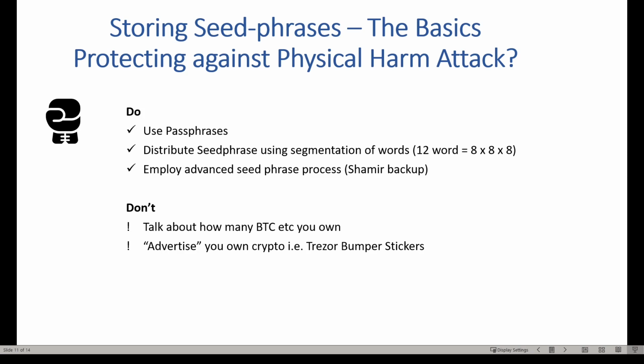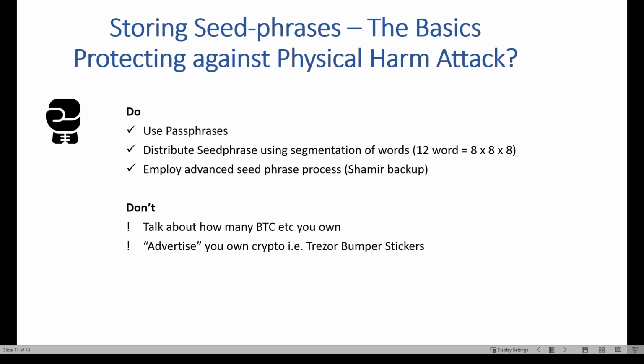So how can we protect our seed phrases from things like that? If someone's going to come up and physically harm you and force you to give up your seed phrase, so they force you to go to your safe and open the safe and get out the seed phrase, okay, not much you can do about that. However, what we can do is make it so that that sort of attack is harder and doesn't yield the results people might think they're going to get. So how do we do that?